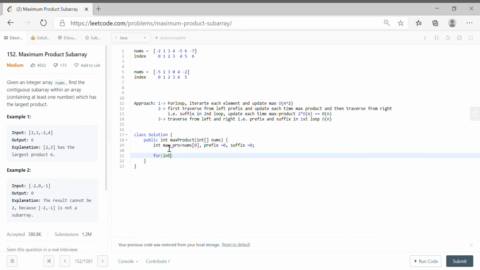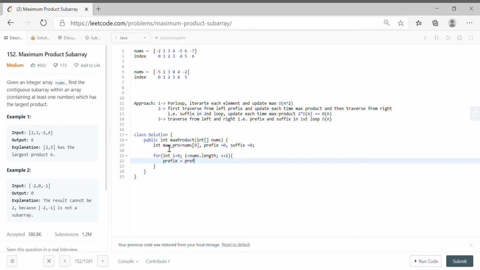Now for int I is equal to 0, I less than nums dot length, plus plus I. Okay, cool. So what we will do, first we'll find out the prefix, right?